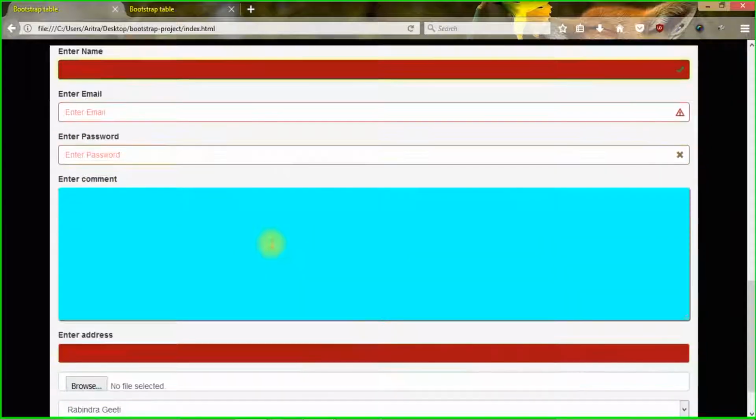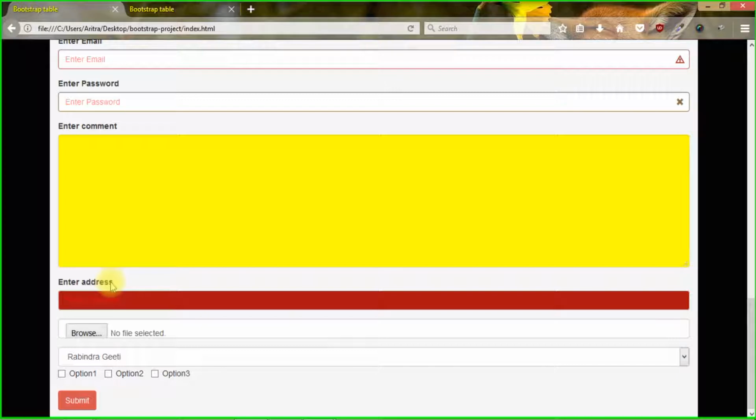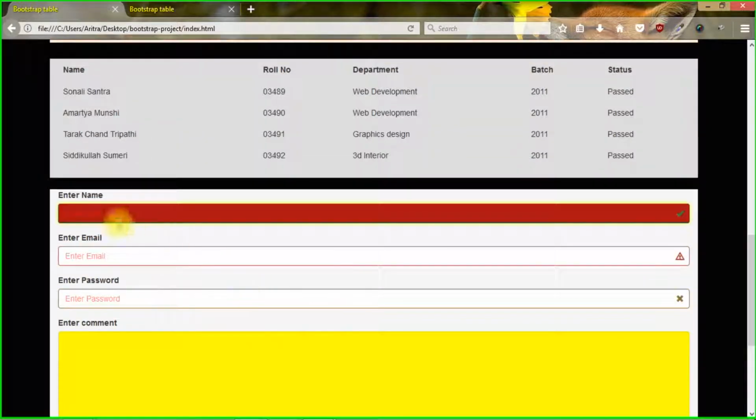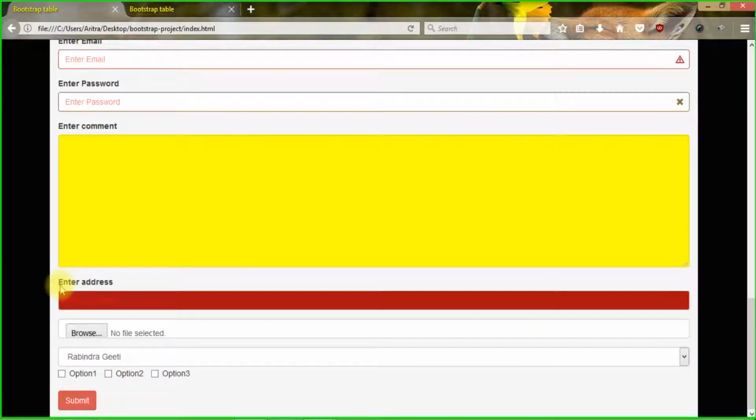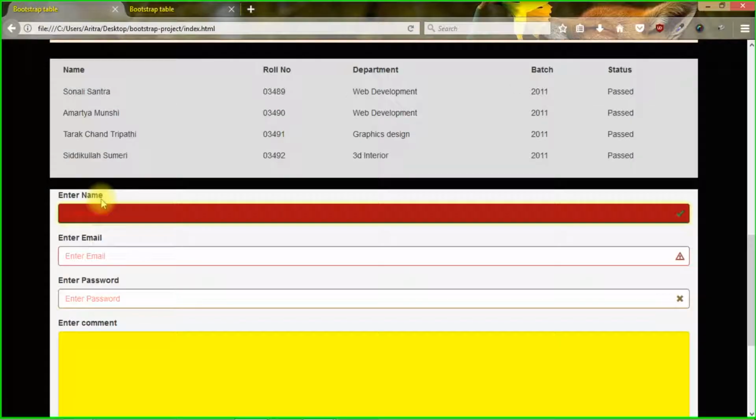So now let's move on to our next thing. We can see that the enter address field is also executing the same background property as we can see here in this enter name field. Both of them are practically using the same input type, and that is text. Now if we look into this label here, we can see that it is a little bit congested. So now let's concentrate on customizing this label condition.